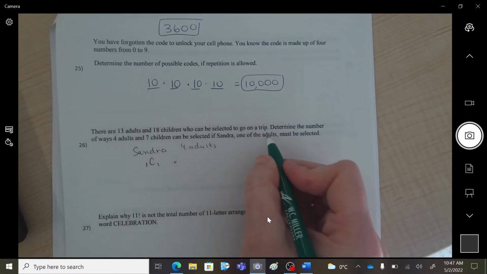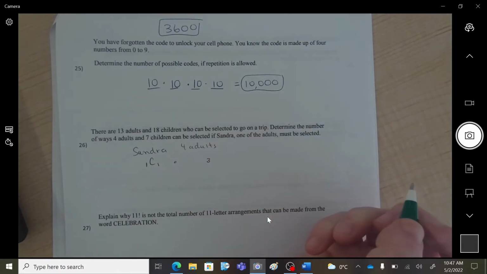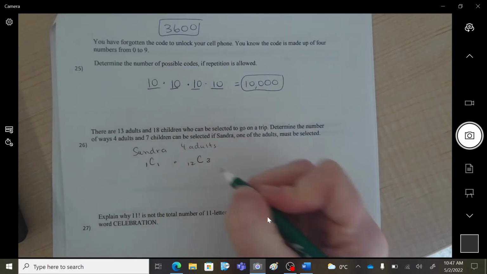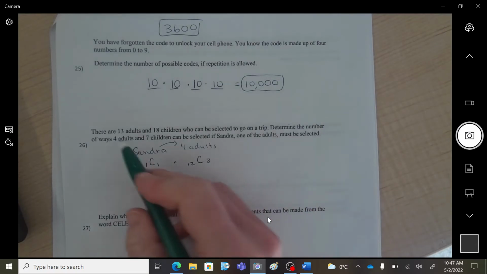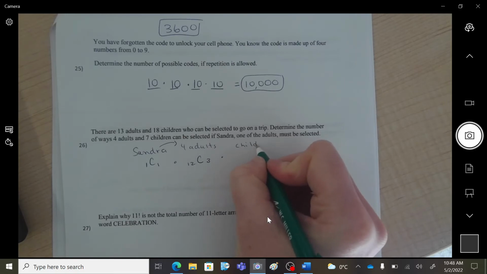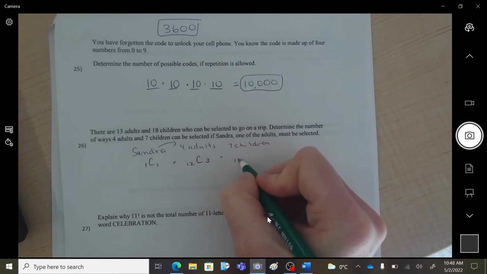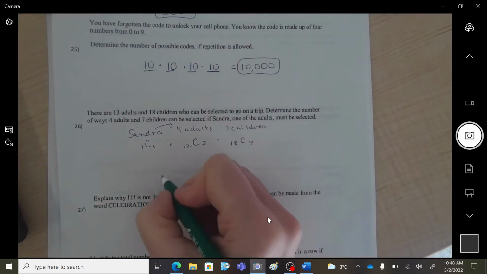So Sandra is an adult. So now I only need 3 more adults. And now I only have 12 to pick from. Sandra is an adult, so that's out. And then children. So I need 7 children, so I can pick any of the 18. Okay, so once I multiply that out,